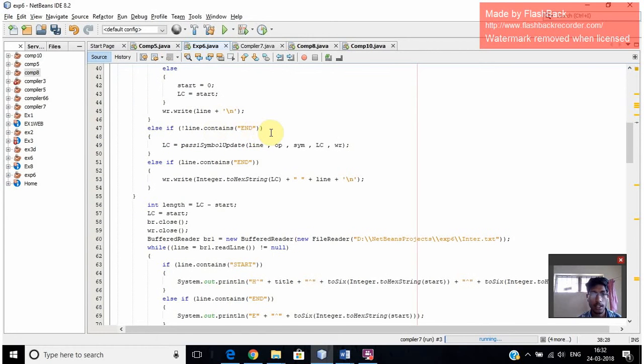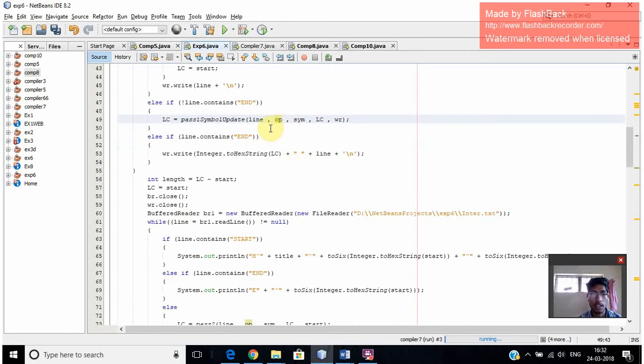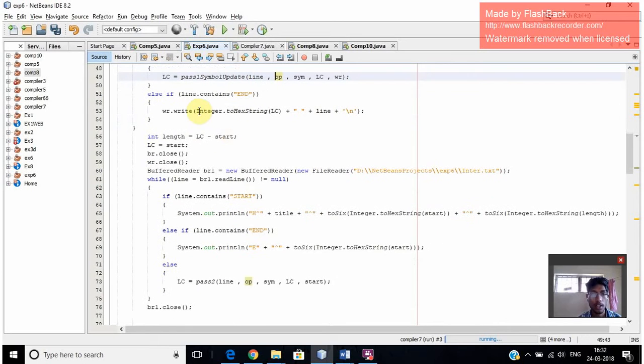If the line contains END, then it is going to stop there itself. Then, moving on to the location counter of pass one, the symbol table of this line, operator and symbol and location counter and writer. It contains the total location counter of a symbol, pass one symbol update, and then it is going to end. Then after the location counter, it is going to write this total integer to a hexa string